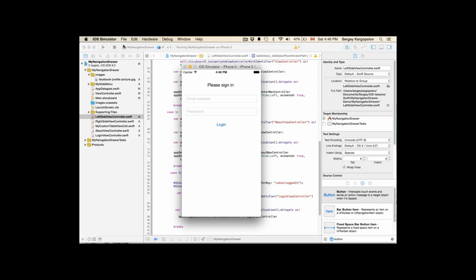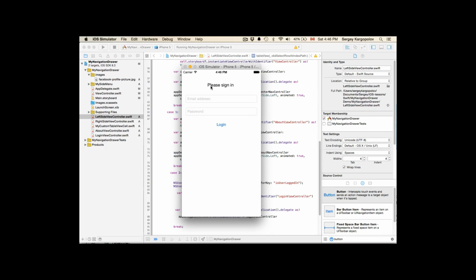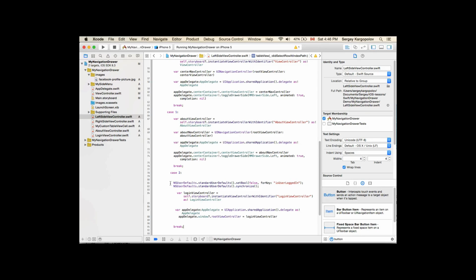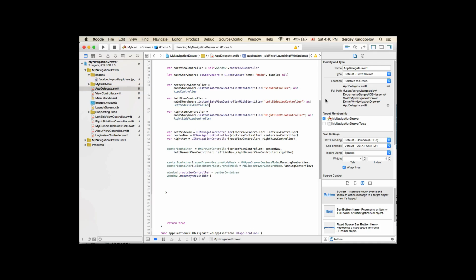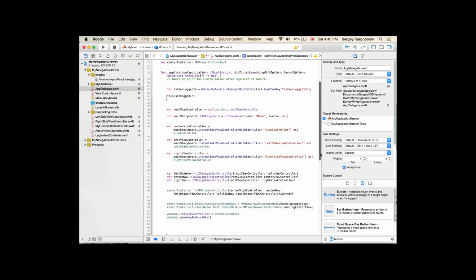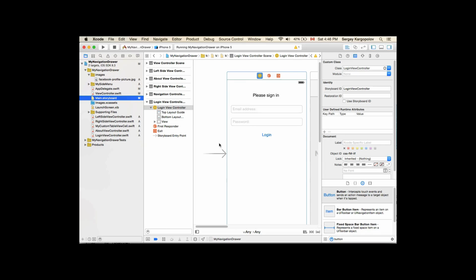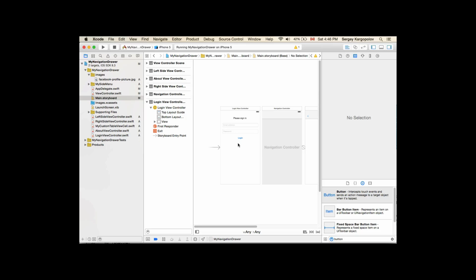So now when we are logged out, let's stop application, run it again. And it starts with login. Why? Because when we tap on logout, we've executed this code, and this code cleared out is user login. And when application starts, in the did finish launching with options, it checks, is user logged in? And if user is logged in, we display drawer. Otherwise, we display the initial view controller here, initial view controller we've created in our